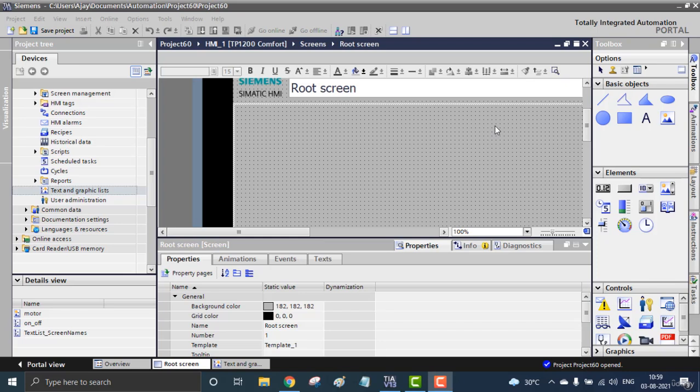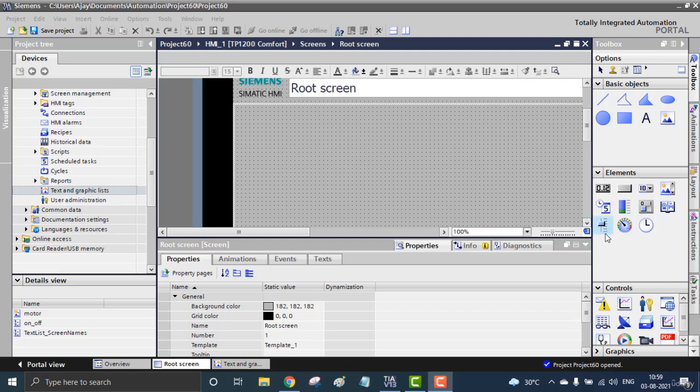We have to plot the current trend or current graph in our HMI or the SCADA screen, for giving the analog values of a trend. That could be temperature, pressure, flow, current, voltage, any kind of analog value we can provide for giving the trend.